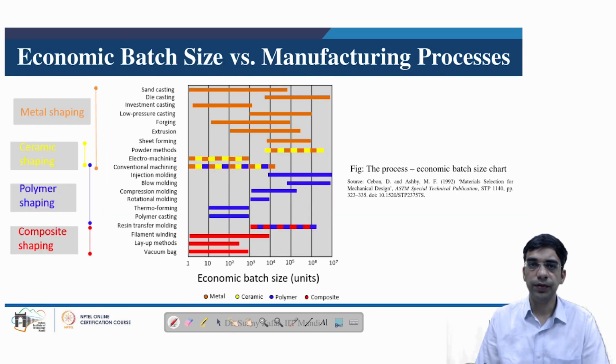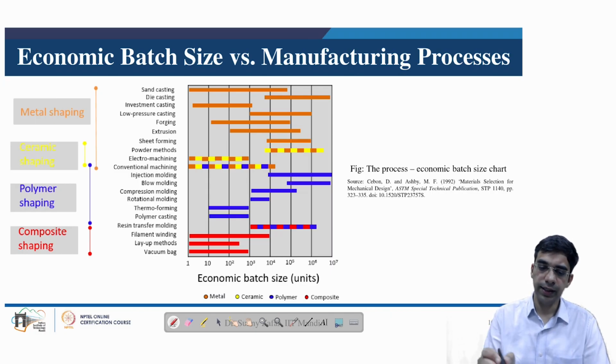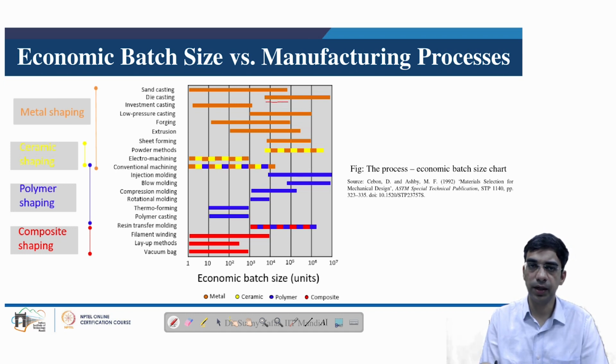Next is how the manufacturing processes are mapped to the economic batch size. Economic batch size is important, because sometimes a process may only be able to produce a few products, and in certain other cases some manufacturing processes may be able to produce a large number of products. Some processes, like die casting, which we know is used largely in the automobile industry to produce automobile parts, is also popular with non-ferrous materials, and is able to produce a large economic